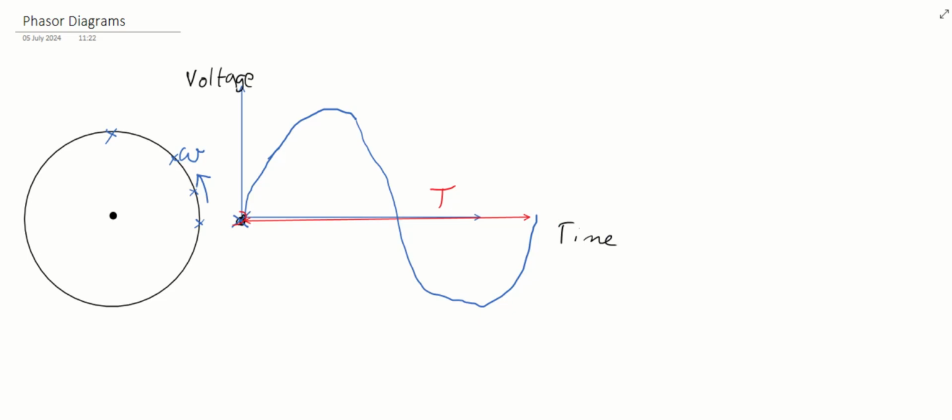So hello, this is the introduction to phasor diagrams, following on from the sine wave generation for AC. For that particular help video, we had a rotating mechanical generator that produced a sine wave in the form of voltage versus time, or it could be current versus time. So if you were to look at the graph for voltage versus time, and if it was for a resistor,